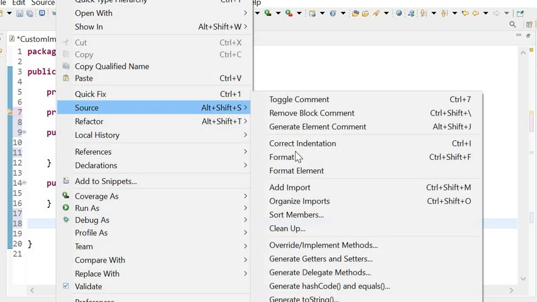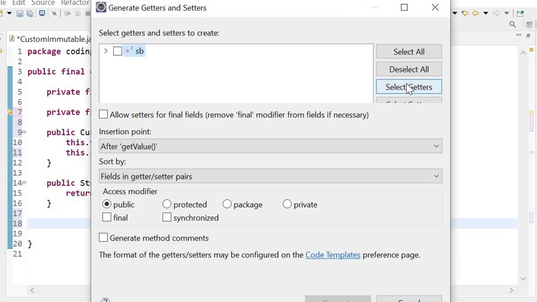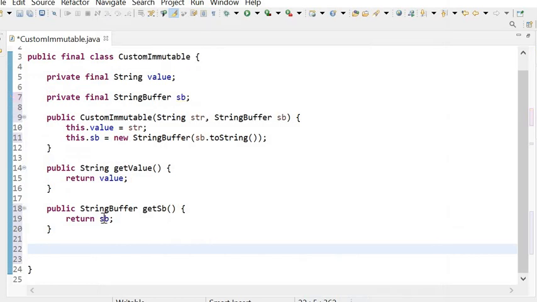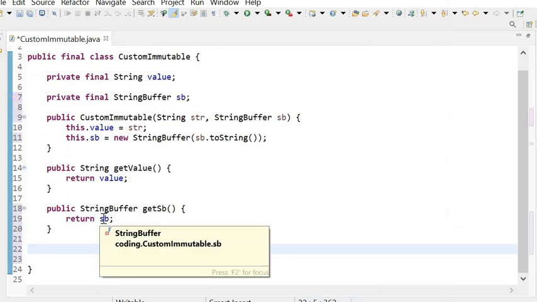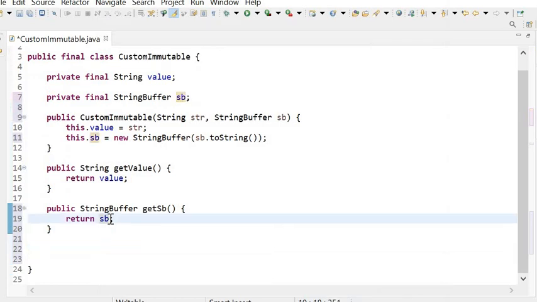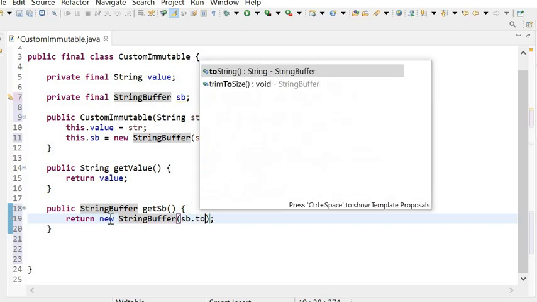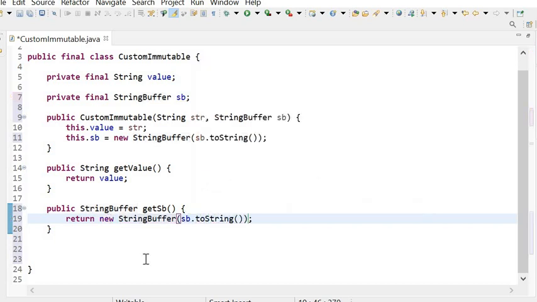So here I will generate getters and setters, choose only getters and generate. We need not return the instance variable directly, we just return its copy.